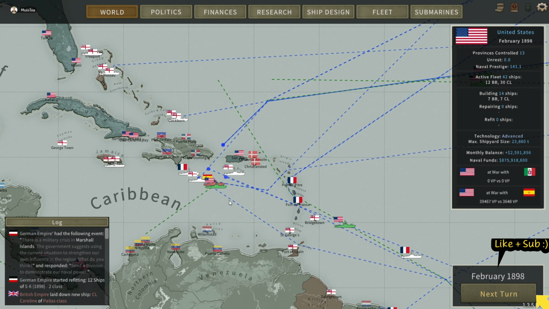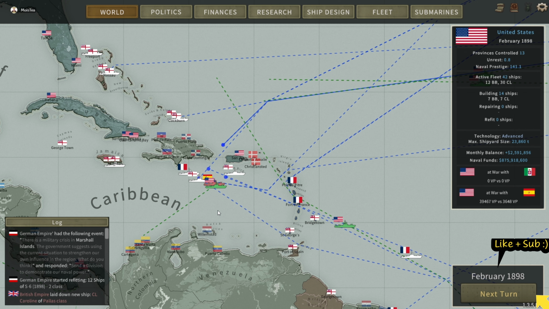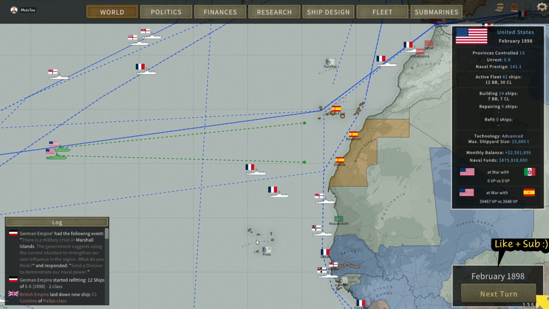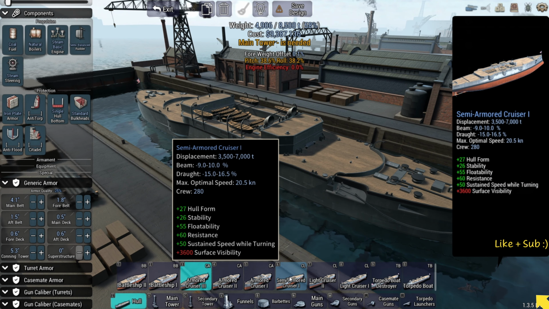You can see there's going to be quite a few ships wanting to go this way and that way. Mostly British little scouting parties. Our ships are moving closer to the Sahara. Looking at the hulls that we have, these are the